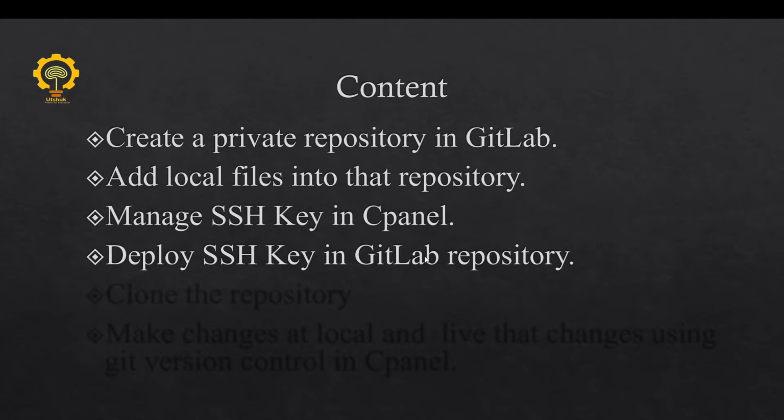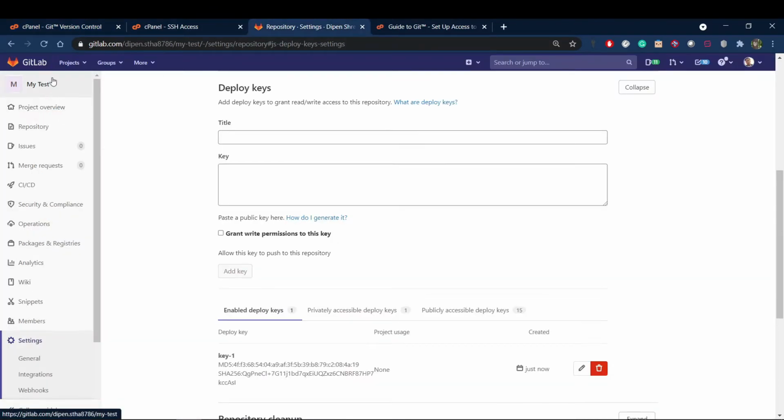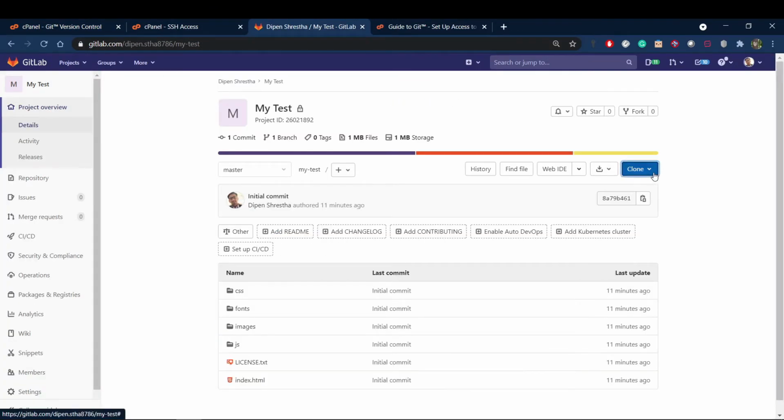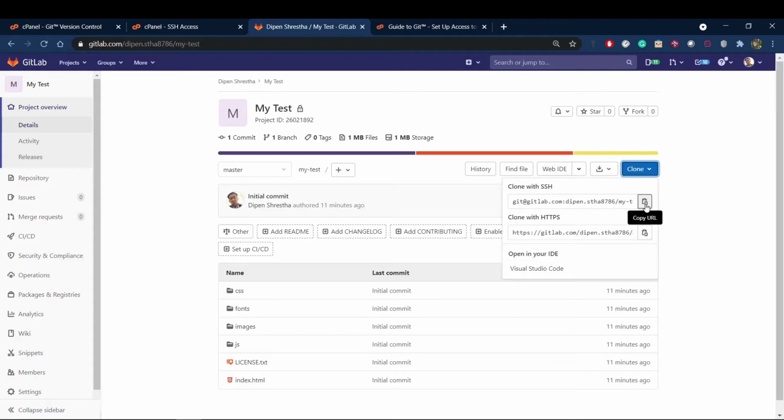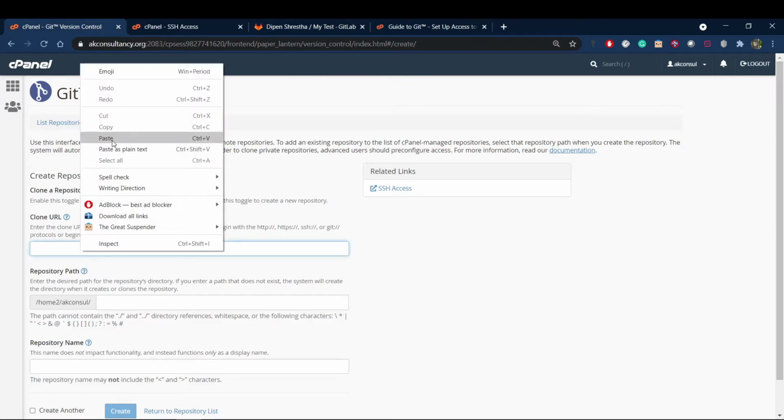Now we need to provide the clone URL in our cPanel. Moving into Git Version Control, here you need to provide the clone URL. Simply go to your repository, copy the Clone with SSH URL and paste it here.